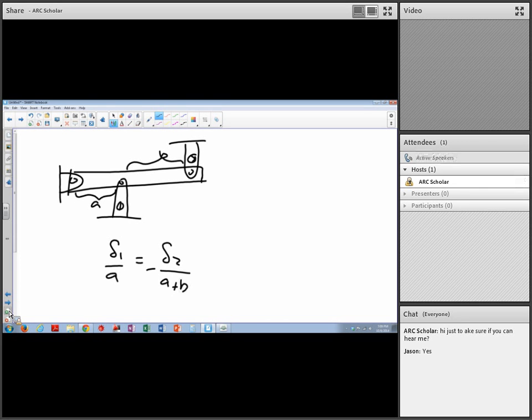Because when I'm pulling this way, this thing will affect this way, increasing length when I'm pulling it down, and this way increasing length. So the relation will be